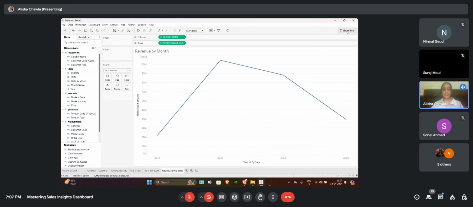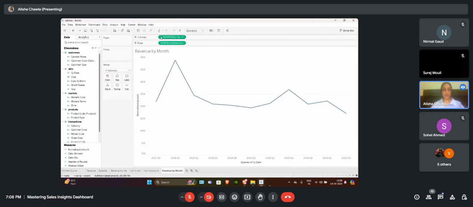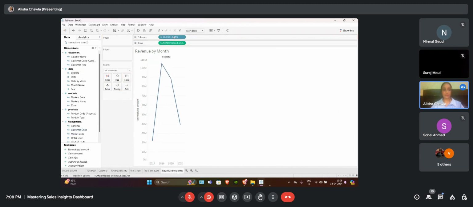So whenever we are creating a chart using any date column, that date contains years, months, quarters, anything that is related to date, always use line charts. So we are creating a line chart here using the date and sales amount, but we need it till month. Let me show you once again. So we have put our date here, make it entire view.